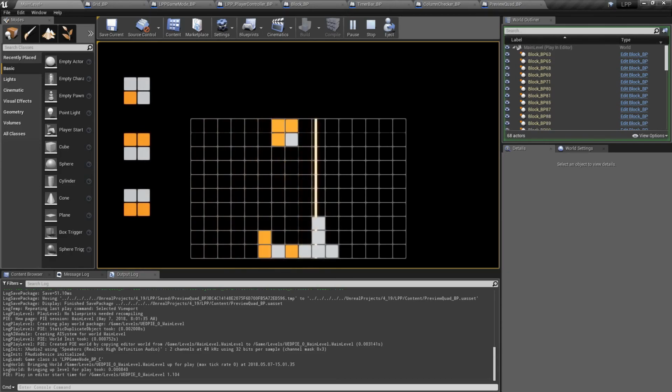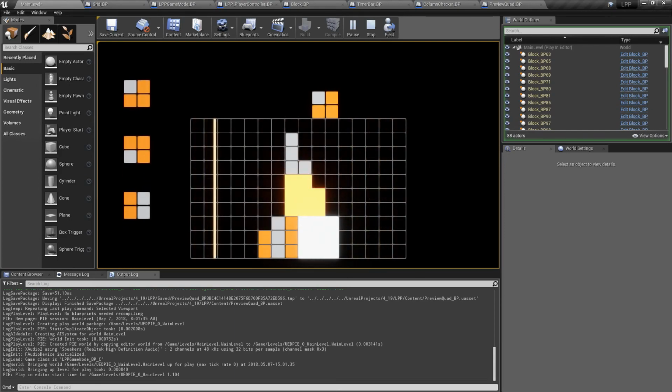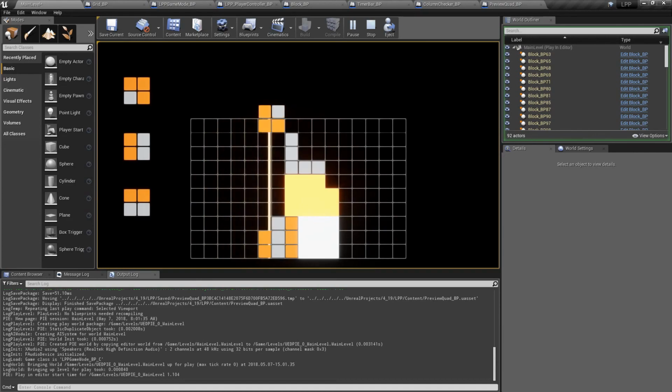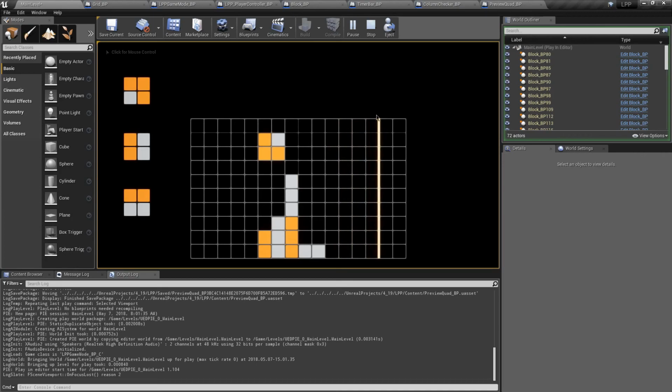So we'll work on the UMG widgets and everything. That's a whole other thing we haven't even started yet. It's pretty fun, pretty simple to get a good UI going. And then we'll do the little combo meter that appears above the timing bar. And yeah, so scoring, UI,